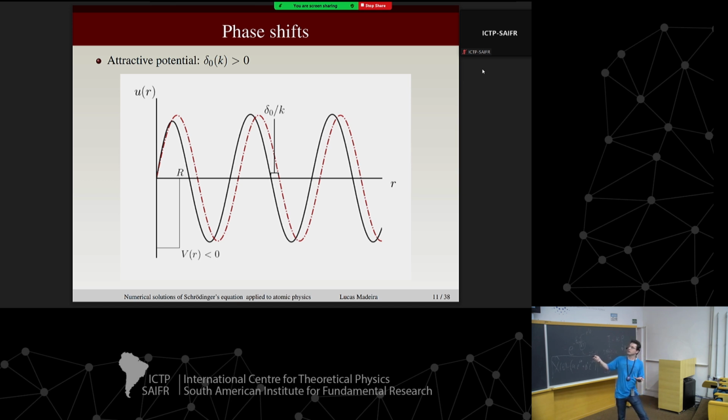As you can see, it is located closer to the origin if you compare to the free particle solution. Sure, you can ask me later, but this thing is doing what it's supposed to do. Okay, maybe I am confused. I don't want to delay everybody because of this, okay? But if other people have questions about this, we can cover this.